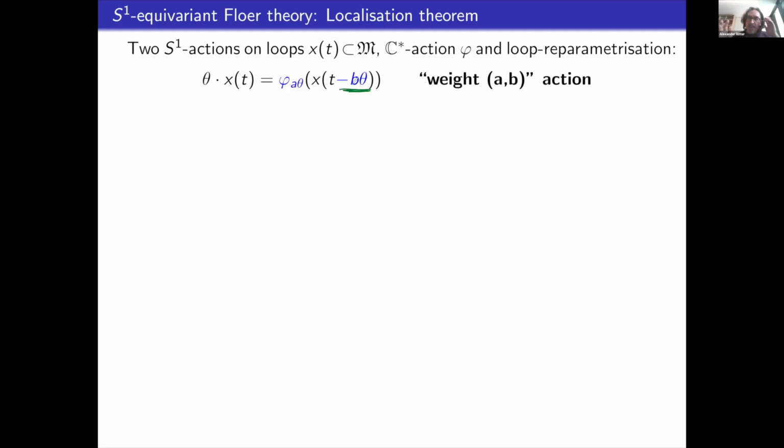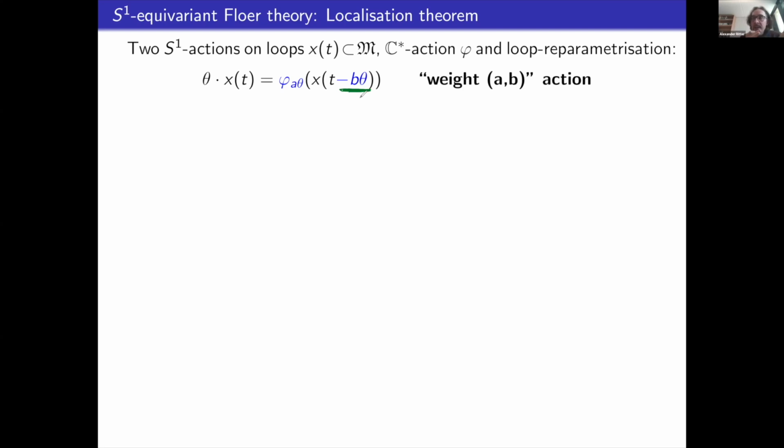If you think of Hamiltonian Floer theory as a version of Morse theory on the free loop space, you have an S1 action that reparameterizes the loops. So here you can reparameterize by weight B times reparameterizing loops. In this case, you don't even need an S1 action on the manifold itself. So there have been papers on S1 equivariant Hamiltonian Floer cohomology, S1 equivariant symplectic cohomology, and they refer to this loop